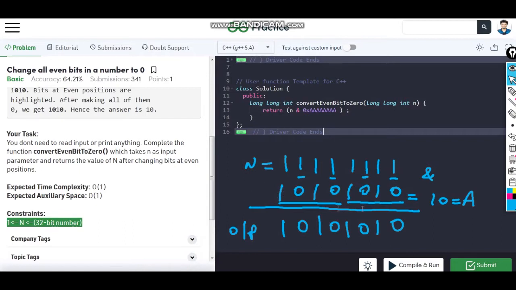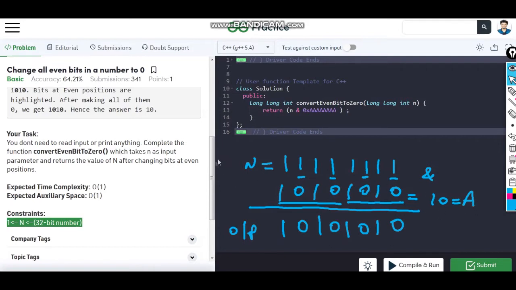If I write this number in 32-bit, then it will be 10 10 10 and so on, and I will convert every 4 bits to a. So 32 divided by 4, that is 8 times I have to write a.